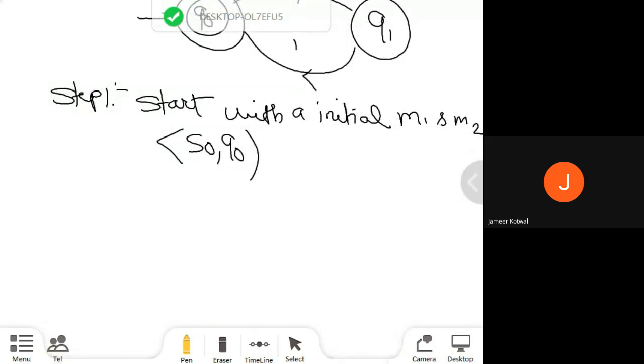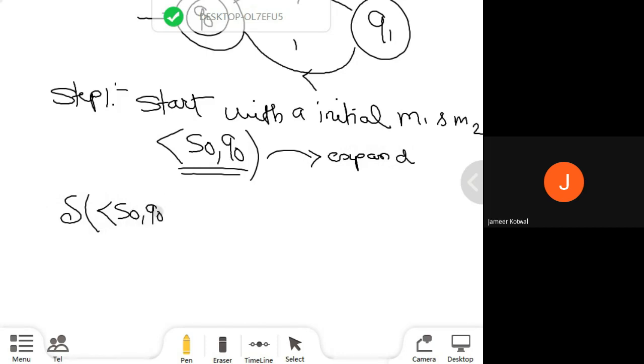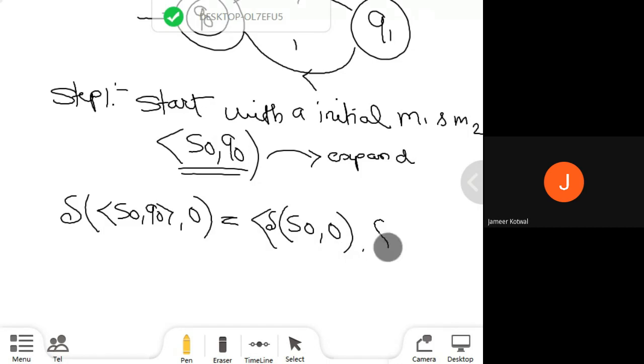Now you are going to expand this state. So how you are going to expand? What it says? The transition of S0 Q0, in that you are going to process 0. हे आपण बघितलेलं आहे last ह्यालाच. So here what it says? It says that the transition of S0, in that you are going to process 0, and the transition of Q0, in that you are going to process 0, and you are going to check in which state basically they reach.